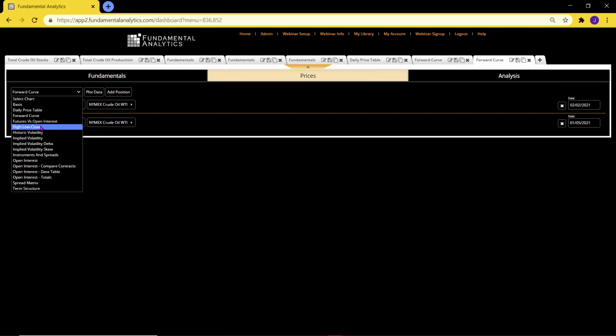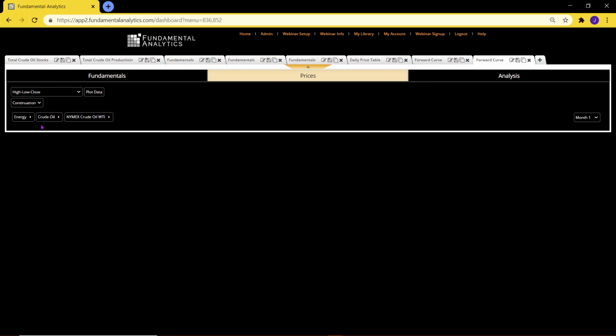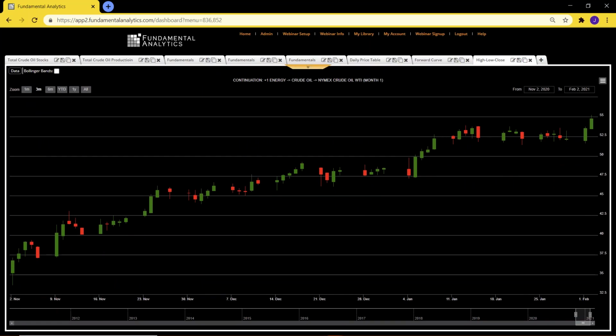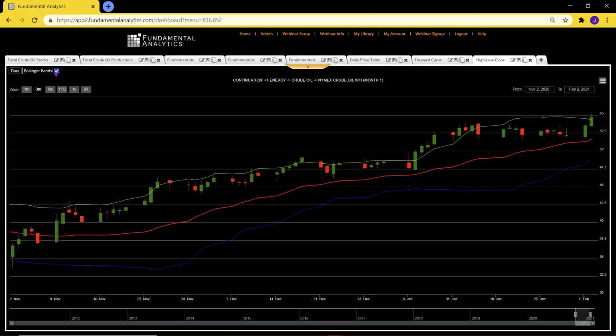Just to point out, for completeness, we have high-low-close plotting with candlestick charts. It's not a key ingredient of the way we do our work, but by client request, we've added that. Again from client requests, we've added the option to plot the Bollinger Bands. There has been talk in the technical press that prices have recently moved above the upper band of the Bollinger Band, maybe meaning a possible retracement.